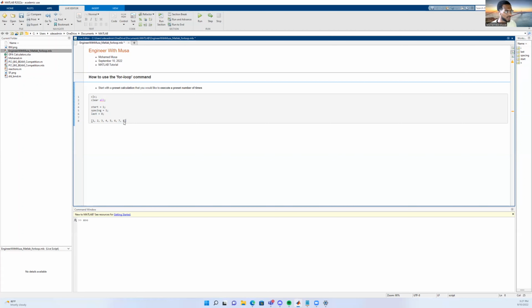So instead of writing this very tediously, like so, we can actually just say we want our array to be for i equals our start, colon, spacing, and then our last. So this is basically going to store that long array that I wrote. So for i going from 1 to 8 with a spacing of 1,